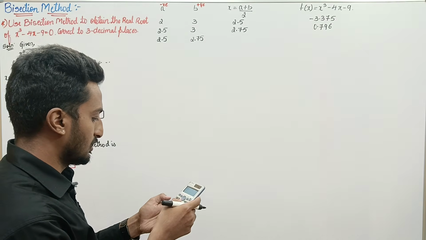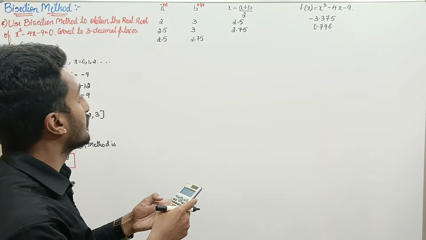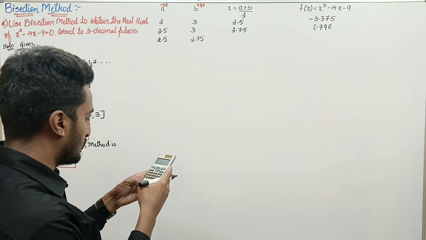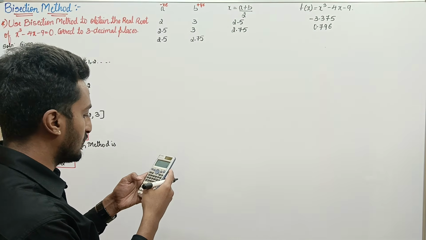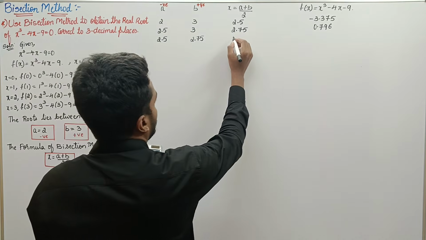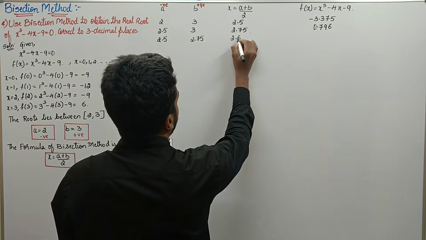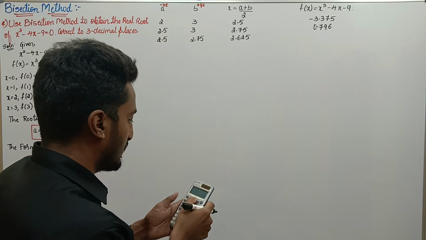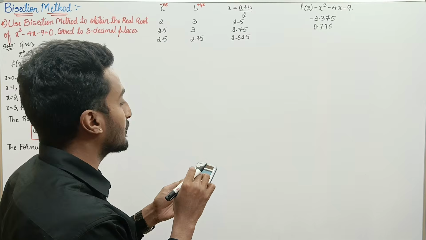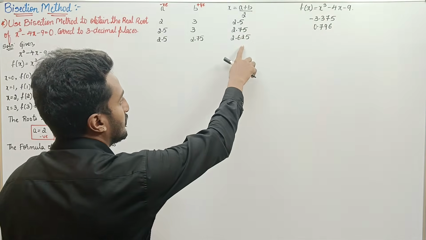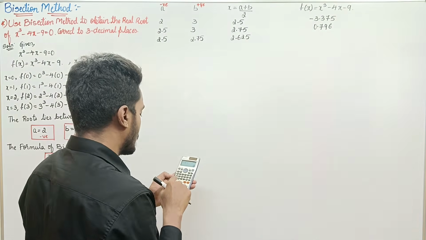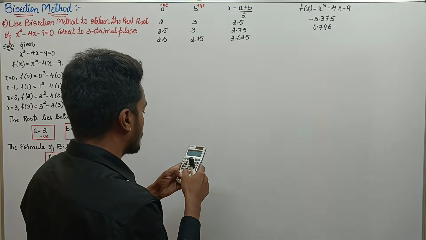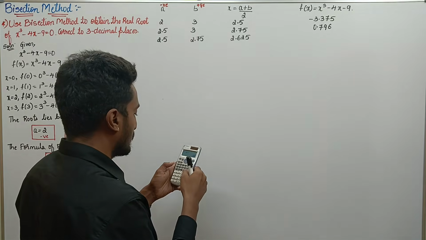Okay, calc. What is the value of a? 2.5 equals, value of b 2.75 equals, you get 2.625. Now press AC, or else press the upper button, give the x value so that you get the function value, that is calc. What is the value of x? 2.625 equals, you get